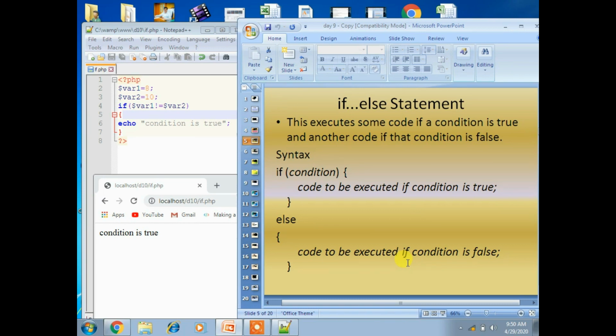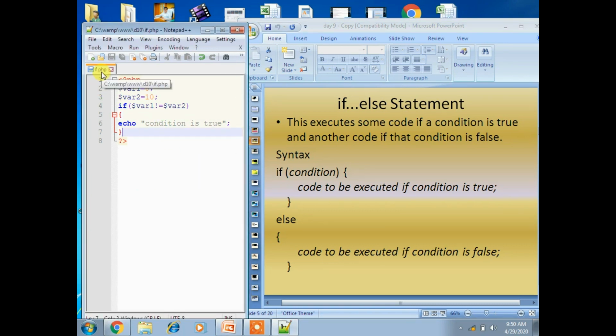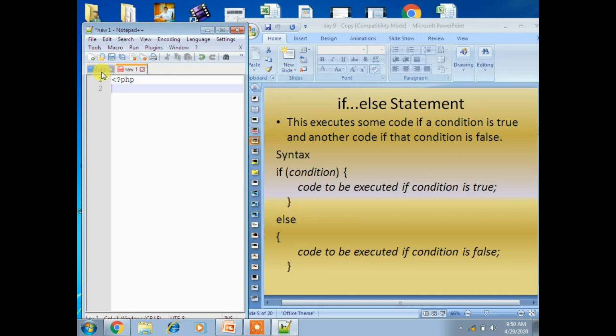So for this, take another example. I am taking another new notepad. Now I am writing a program where I take two variables again, that is $variable1 equal to 8, and $variable2 equal to obviously another value, say 10.